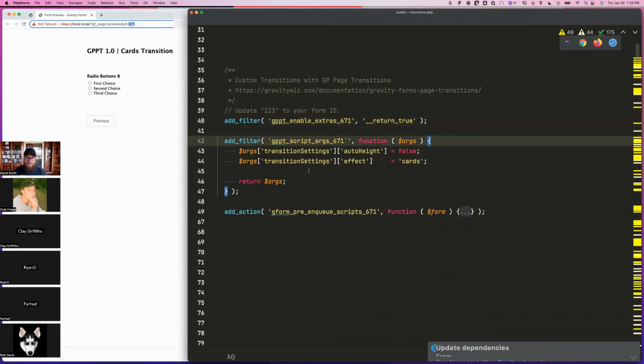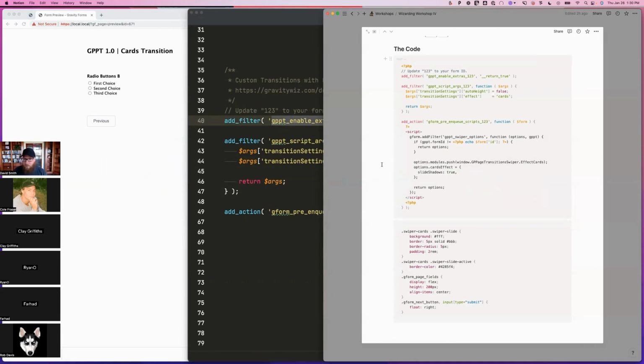There are just some specific settings that we tweaked for this transition that just made it work better. But the key one here is this effect. We're saying, hey, we want to load this cards effect. And in order to load this cards effect, we actually have to do this filter first, which is the return true. And what this does is, by default, we're trying to keep everything performant. So for most people that just want to use the slide or the fade transition, we only load those effects by default. But if you want to just get full access to all of Swiper's transitions, which are many,